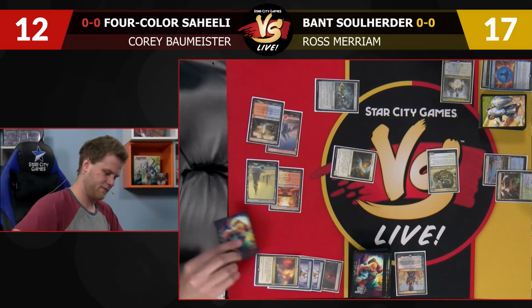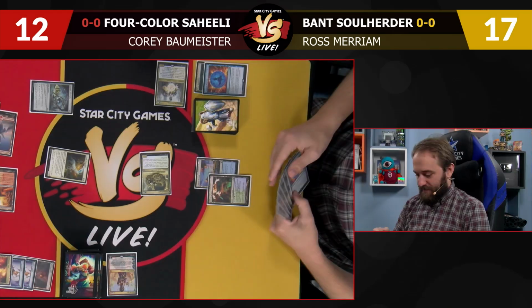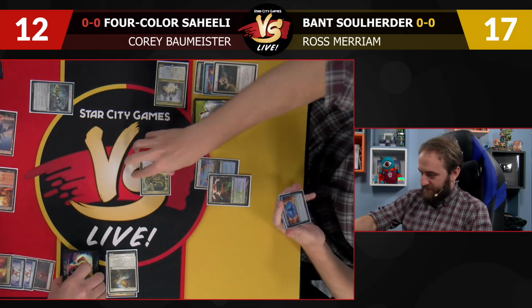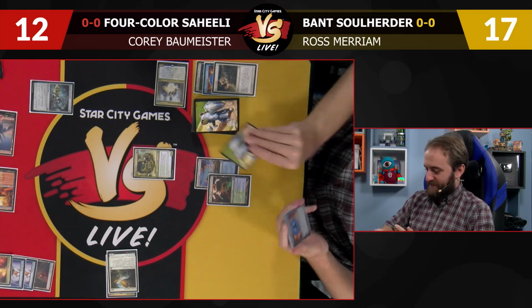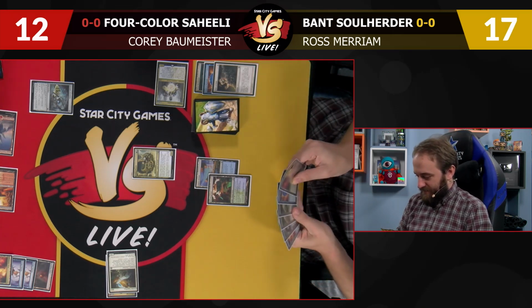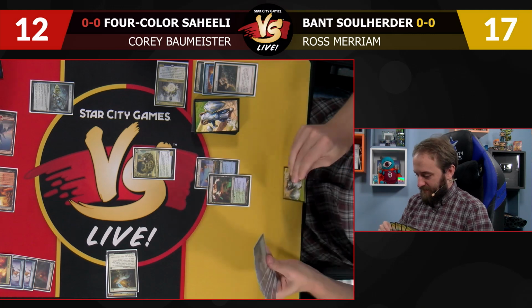Yeah, that's fine. Okay. Go. I am going to Path the Felidar Guardian. Yep. And I kind of figured that play was going to happen, but we were just okay with that. And it seems like Ross's hand is just kind of forced there. Like you're either not doing anything or...